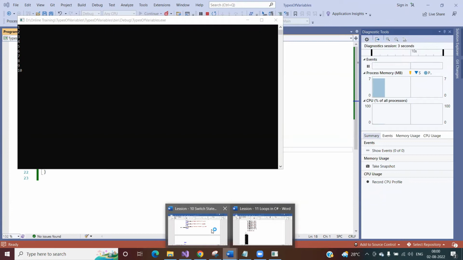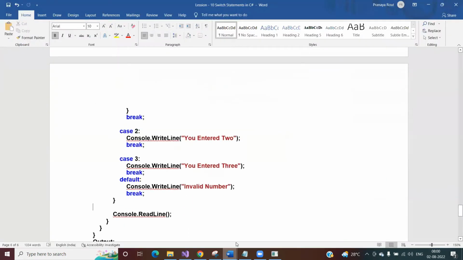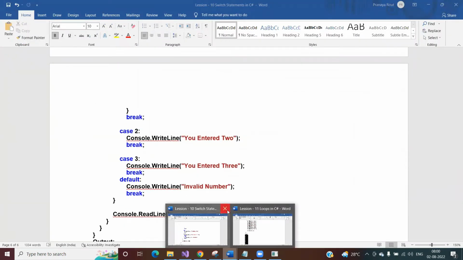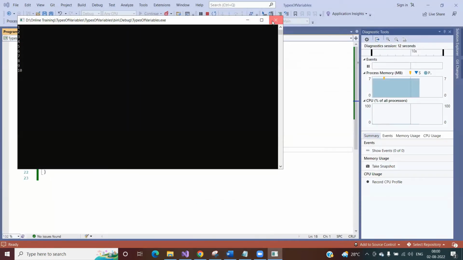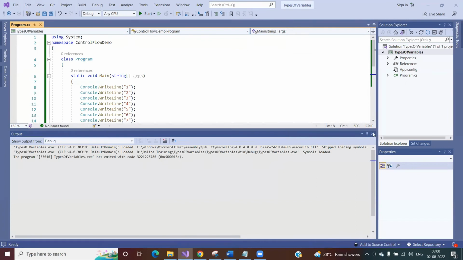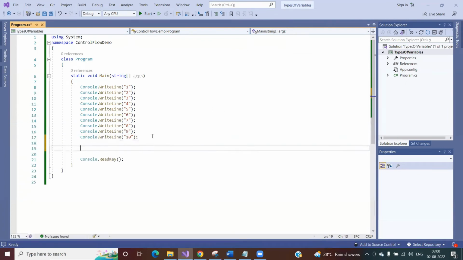Now let's see how to rewrite the same program using the loop. See, don't go with the code, just observe the code. For,